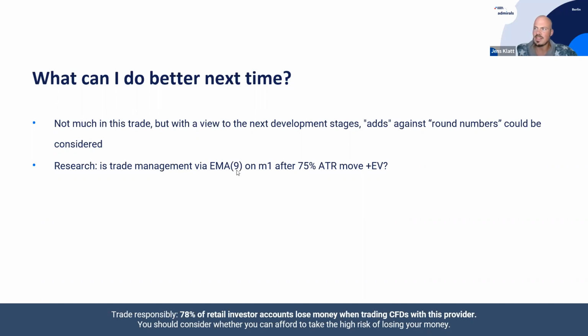And so the thing is that the market moved, as you can see here. It sounds very technical: trade management via EMA 9 on M1, 75% ATR move plus EV. So that sounds like, okay, this is some academic stuff. It means that if I trade on a minute chart here, and I see the market moving in my direction, and I know that the average true range of this stock is $4.44, if now I see the market moving here in this context, something like $3.80, $4 in my direction,